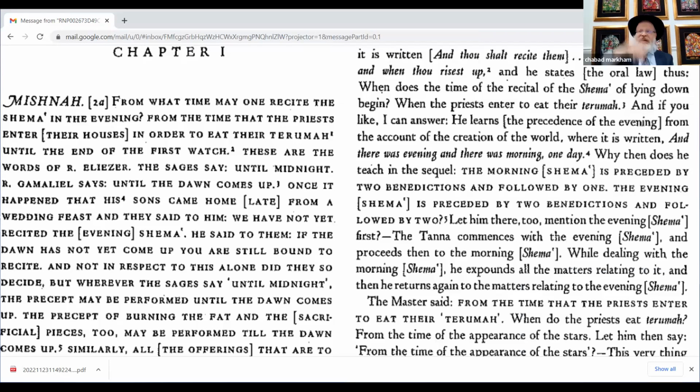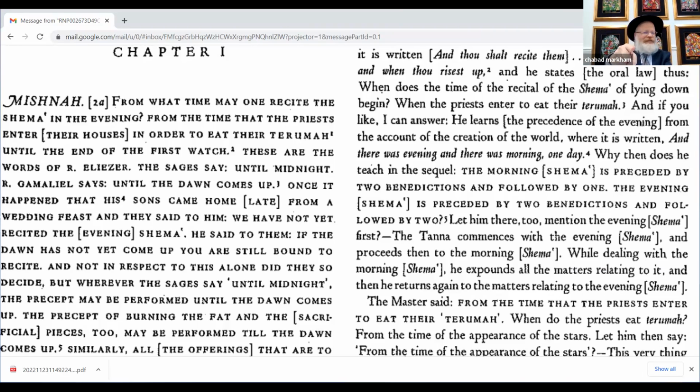They said, "Dad, we want to go to sleep. Let us go to sleep." And he says, "What do you mean go to sleep? You have to say the Shema." They said, we heard about this big debate. And the Chachamim said midnight. So the latest opinion is midnight. So we don't have to say it anymore. It's too late. So let us go to sleep. So Rabbi Eliezer went to the bedroom door and he locked the door, slammed the door shut, and said, "You can't go."